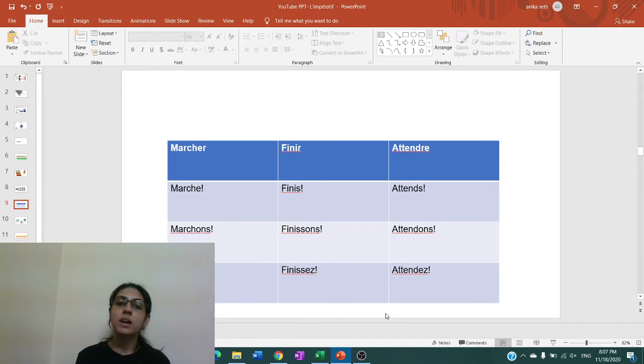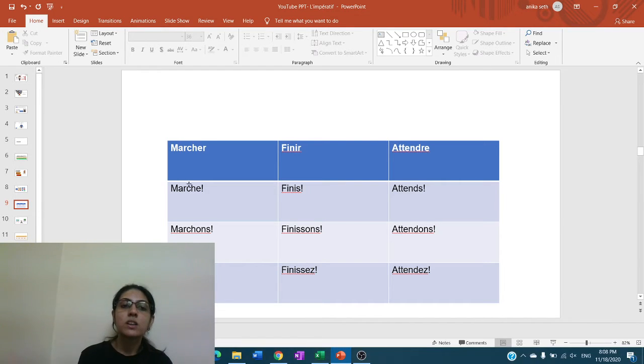So let's look at some other verbs as well. Here, the first one is the verb marcher. So one is an er verb, an ir verb, a re verb. With all the verbs, let's see. First is the verb marcher. We are conjugating only in three forms, that is tu, nous, and vous, because we know that in other forms the imperative cannot exist. So we will take the three forms, that is tu, nous, and